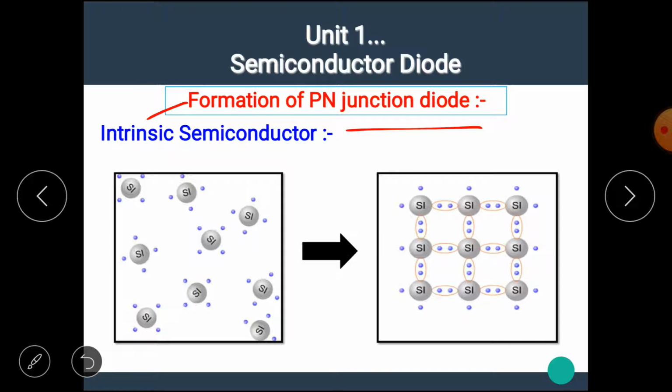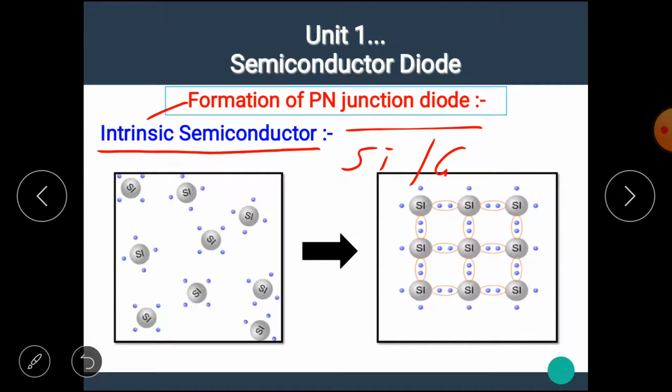Let's see the short summary about the semiconductor materials. We already learned that a semiconductor material is a material whose conductivity, or current carrying capacity, lies between that of a conductor and an insulator. That means the conductivity of a semiconductor is less than a conductor and greater than an insulator. The examples of semiconductor materials are silicon,